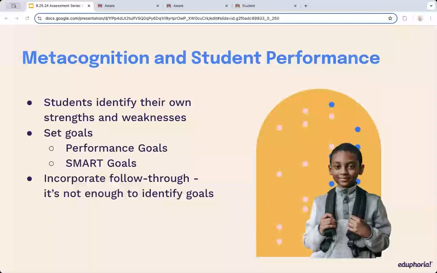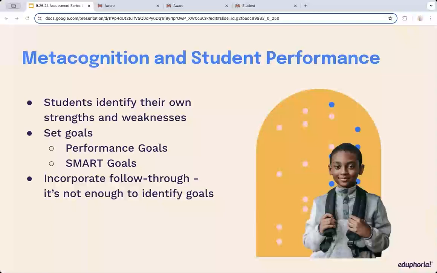But remember, any goal that's written needs to have major pieces and components of a SMART goal in order to be something that you know for sure can be attained, and something that can be checked off once it's been attained. Goal setting is a massive part of owning your own learning and growth. We use the concept of metacognition to get there, thinking about your own thinking, to identify patterns in performance and behaviors, and then we make those goals that should and can be used to reinforce and extend a student's ability to improve over time.